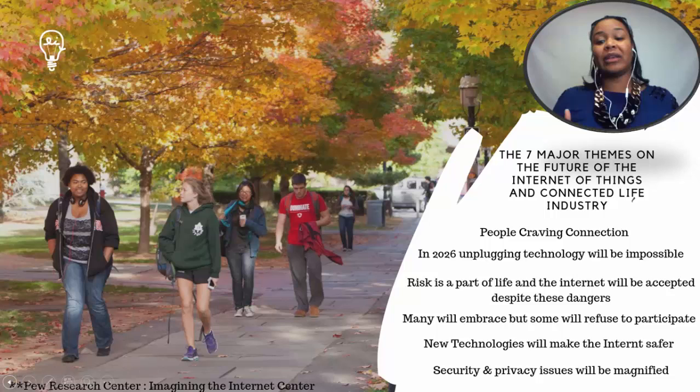The major themes that we're starting to see in 2018 and 2019: people are craving to be connected. In 2026, we know to unplug is going to be very difficult. Even thinking now, having our parents connect to the internet just to receive Social Security, it's going to be even harder in 2026 to unplug. We know people are going to have to take risks and security is going to be heightened. Although many will embrace it, about 15% will not embrace technology. And so new technologies will make the internet safer, but on the flip side, security and privacy will be an ongoing